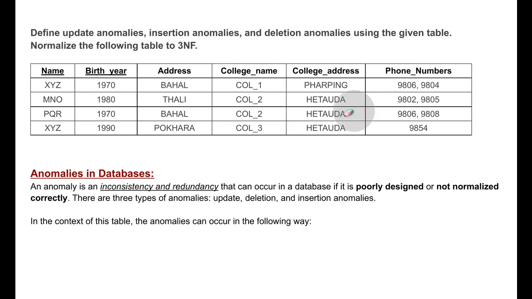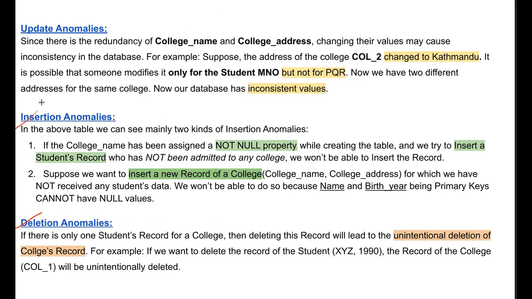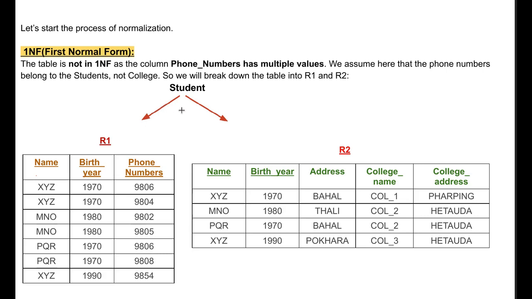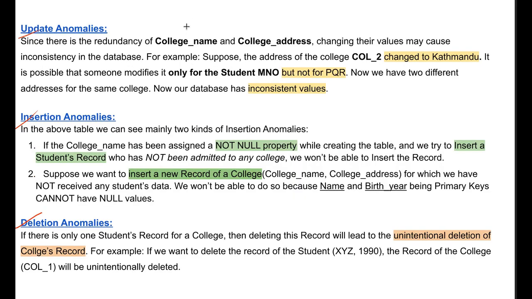Okay. And there is no fixed column, or no fixed way in which the anomalies will occur, but if the design of the table is poor like this, obviously some kind of anomalies can occur. In this one I have highlighted the key points, so you can go through these and write accordingly if they ask in the exam. So we'll get started with the normalization after writing this.